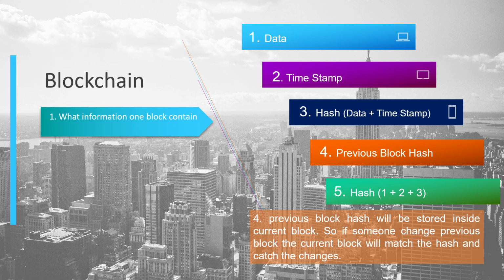If you change anything in the second block, you're going to be caught from point 5. Now the attacker may change the previous block. How are you going to catch him? If he changes anything in the previous block, the hash is going to change. Now you have the previous block hash in point 4. You're going to match the hash with the previous block. If that does not match, that means attackers manipulated your previous block, so this block is not valid anymore. So this way you can secure it.